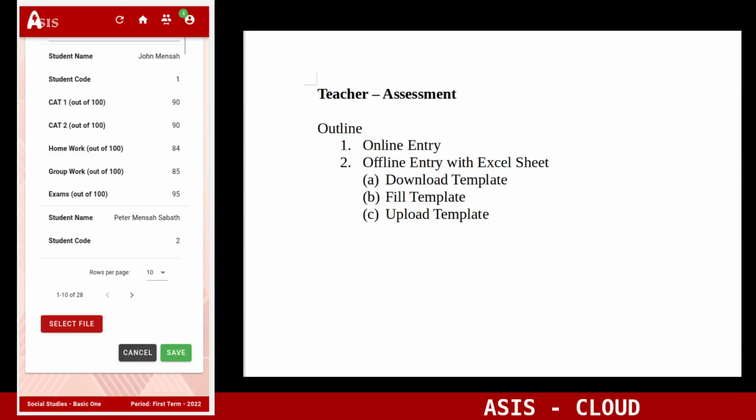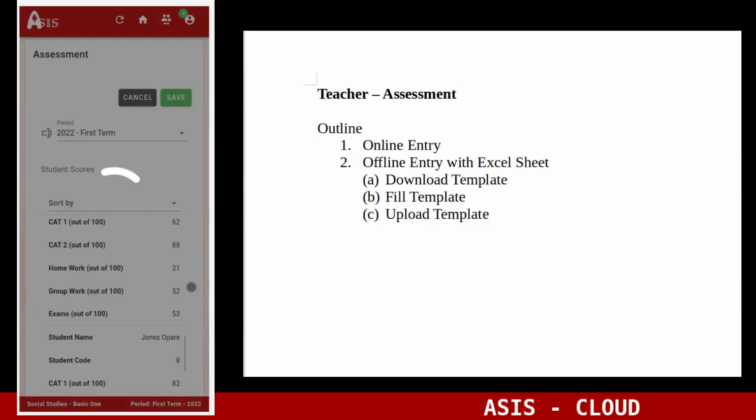You can quickly have a check, and it will be multiple pages depending on the number of students you have. Once you have checked everything and it's fine, you can click on the save button, which is both down here and also up here, to save the changes that you have made into the database. So this might take some time, but it would eventually work because of the number of students and also the number of categories. Good. So it's finished saving successfully, and now we are done with the offline